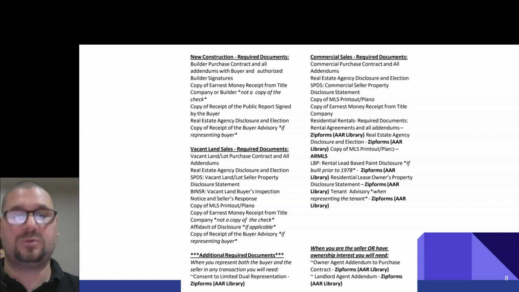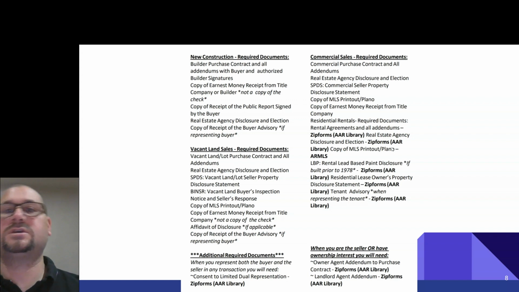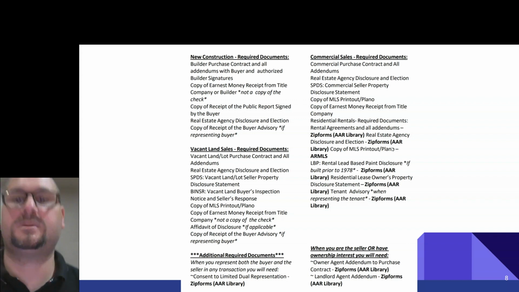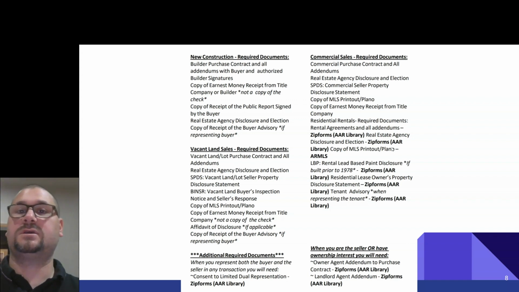additional required documents. So when you represent both the buyer and the seller in any transaction, you're going to need what? A consent to limited dual representation. So again, it's in the AAR, Arizona Association of Realtors library, under transaction desk. Commercial sales, if you're going to do any commercial sales, commercial purchase contract, and all addendums. Again, you want the real estate agency disclosure and election. You want the SPUDs, seller property disclosure statement. So commercial seller property disclosure statement, copy of the MLS printout, copy of earnest money receipt from the title company,